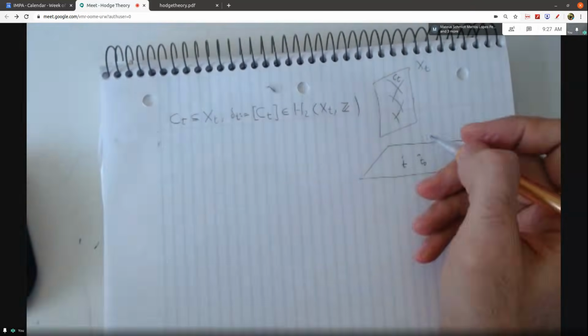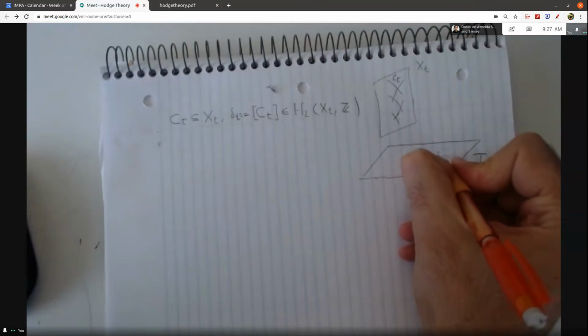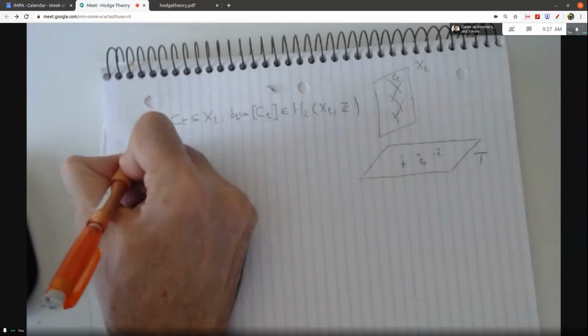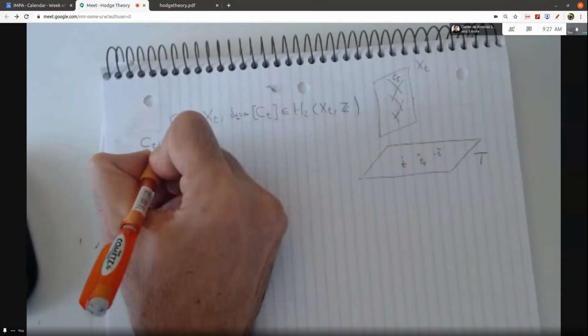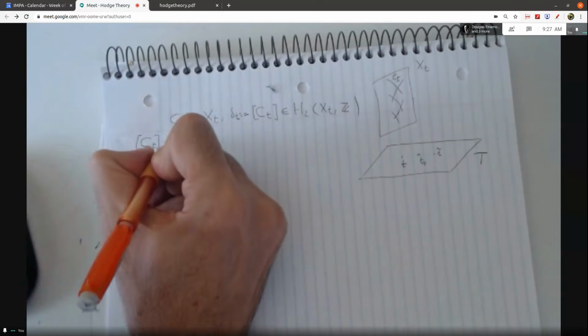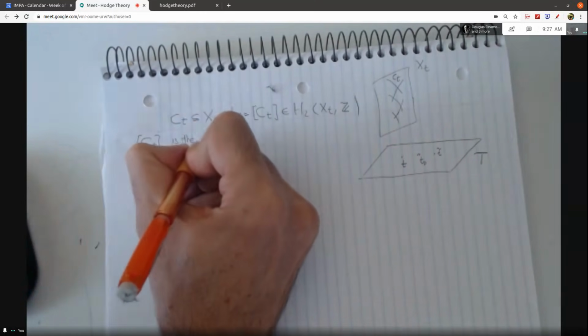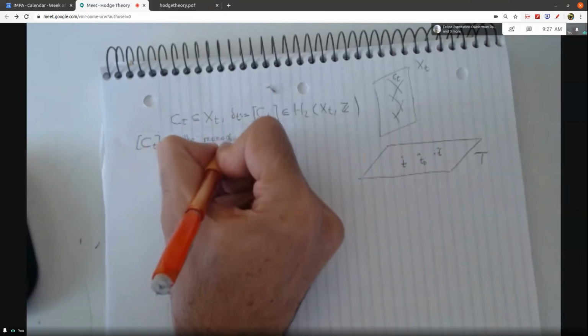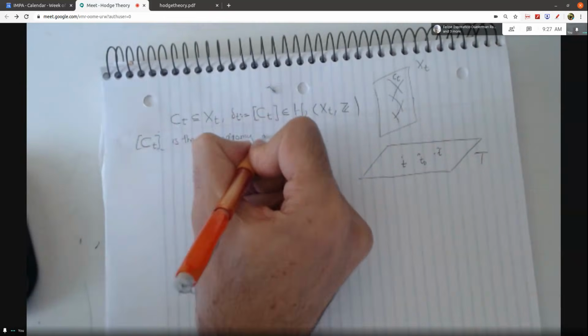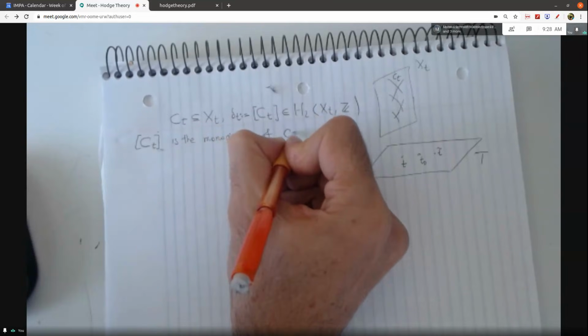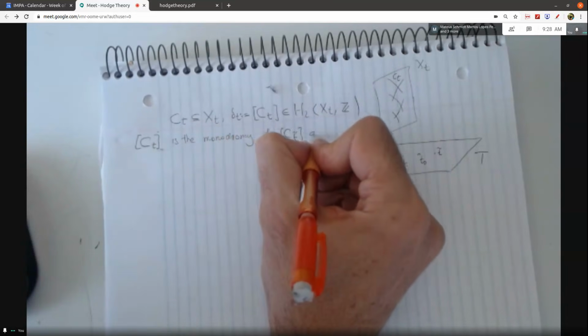So if, for example, you take T and T tilde, Ct is the monodromy of Ct tilde along